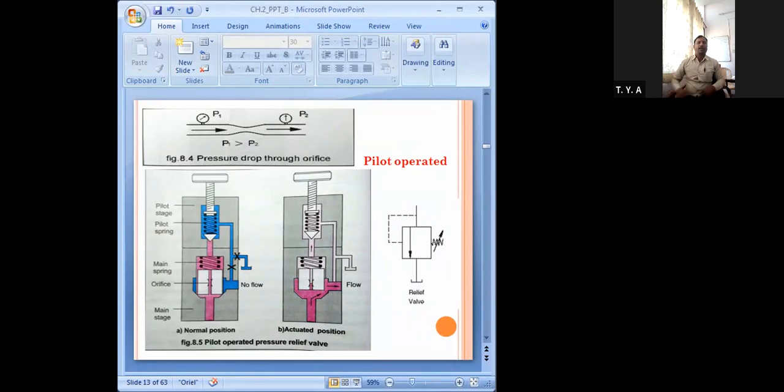Now this is a pilot operated pressure relief valve, also known as the compound pressure relief valve. Actually, this pilot operated relief valve overcomes the